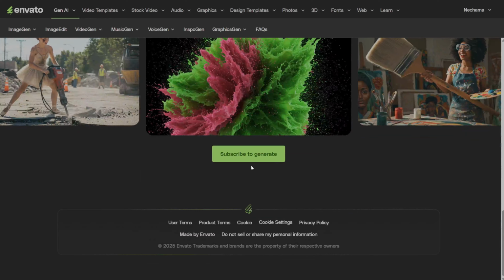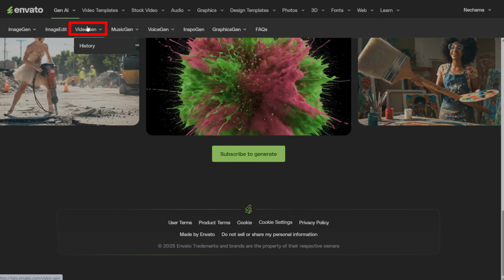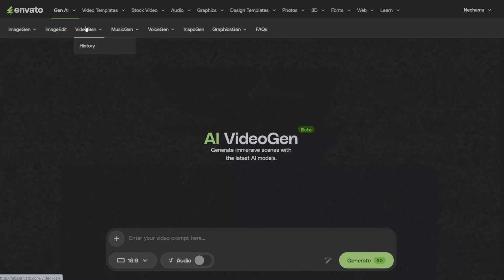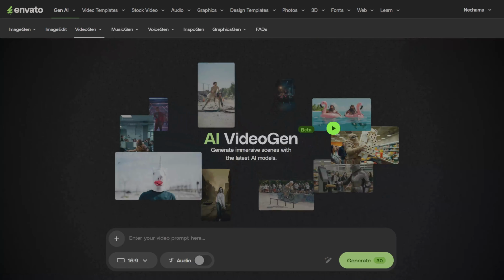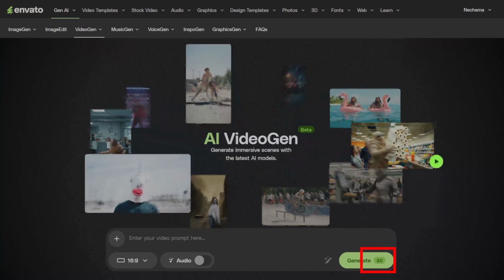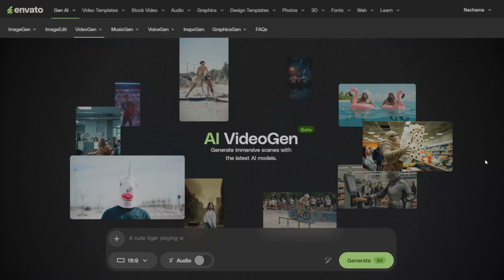After you go to Envato Elements, click AI Gen at the top left menu, then click Video Gen. I showed that in the past, but let's assume this is your first time using it. Unlike other AI Gen tools from Envato, you get a limited number of videos to generate each month. You can't save the video credits from month to month, but the count resets at the start of each new